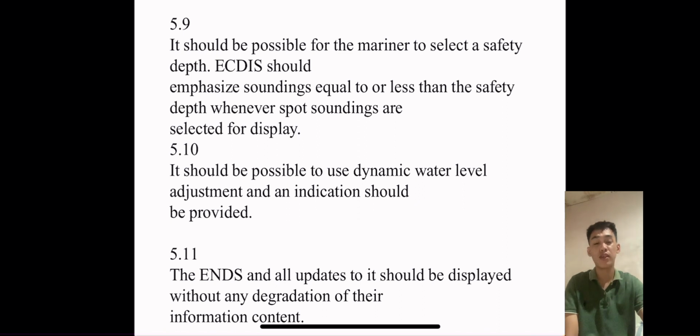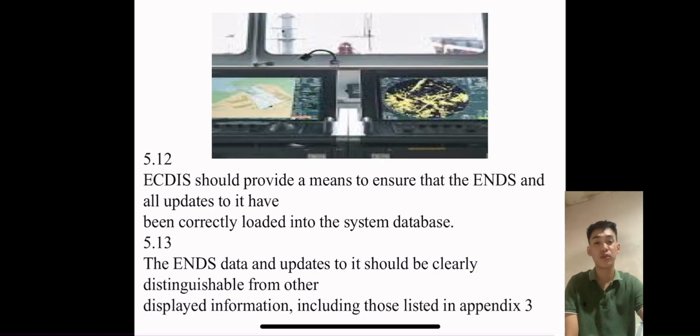For 5.11, the ENC and all updates to it should be displayed without any degradation of their information content. For 5.12, ECDIS should provide a means to ensure that the ENC and all updates to it have been correctly loaded into the system database. For 5.13, the ENC data and updates to it should be clearly distinguishable from other displayed information, including those listed